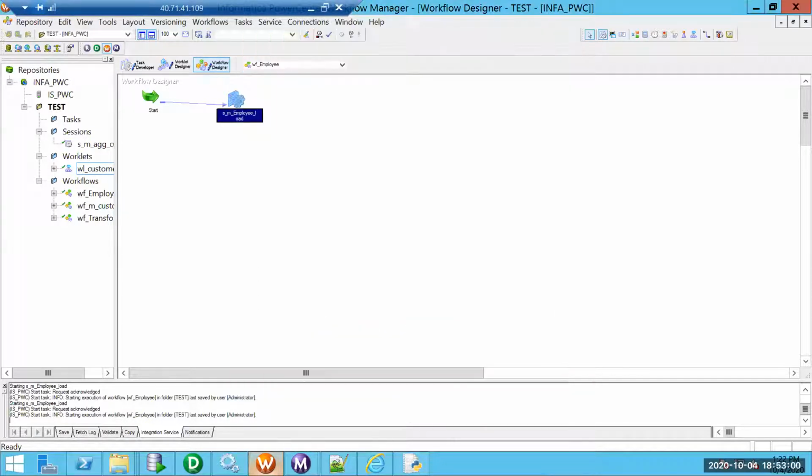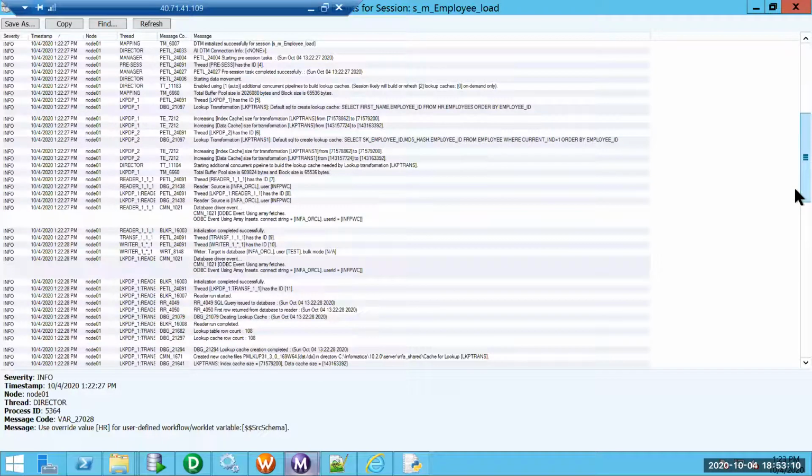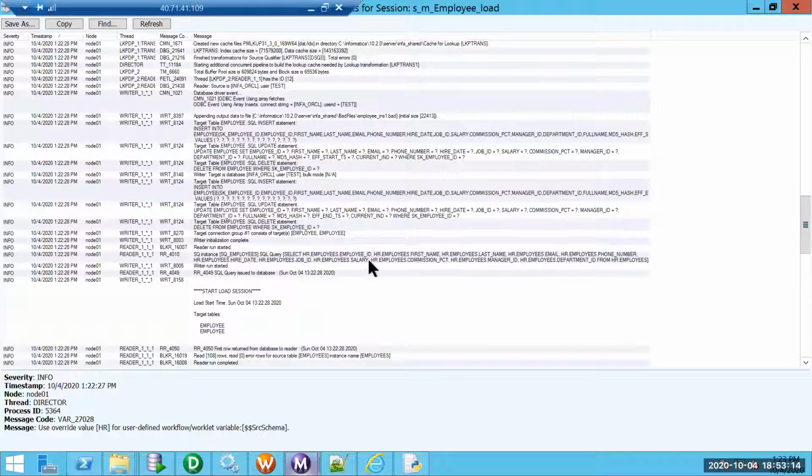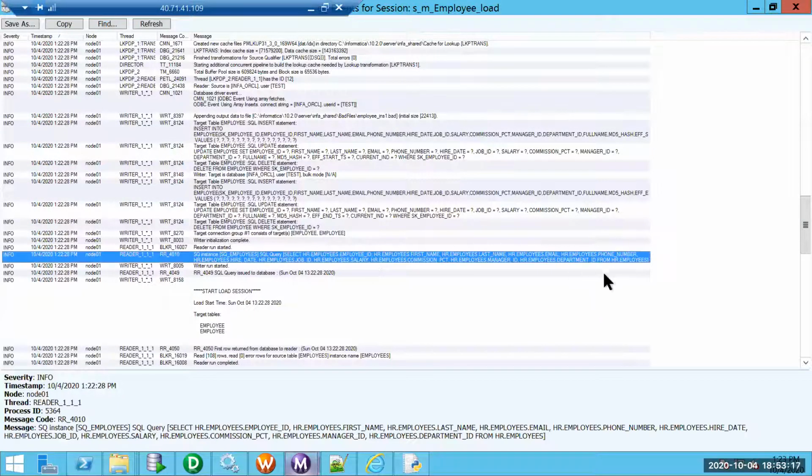It was retrieving the value directly from the parameter file, and that is how it got HR.employees. If you see the source qualifier query, we have never hard coded this. It is always coming from $$SourceSchema.